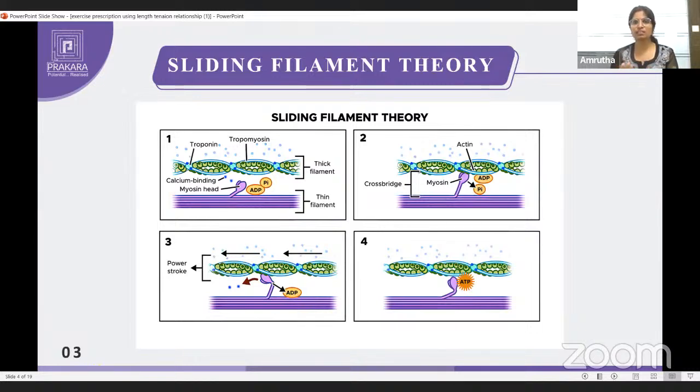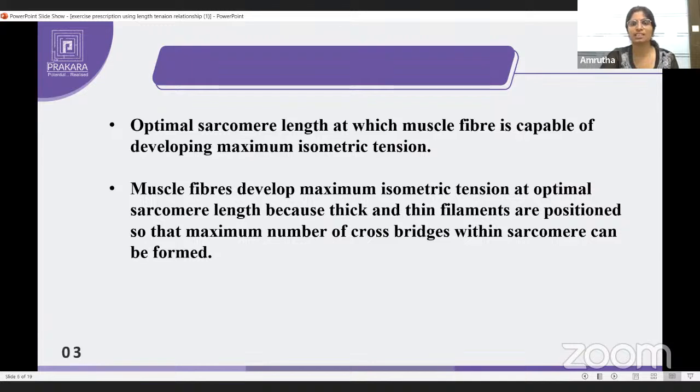If length is increasing, there is no need that tension should increase. And if tension is increasing, there is no need that length should change. Mostly, this length tension relationship concept works in isometric exercises. So muscle fibers develop maximum isometric tension at optimal sarcomere length because thick and thin filaments are positioned so that the maximum number of cross bridges within the sarcomere can be formed. One more example I'll be giving here